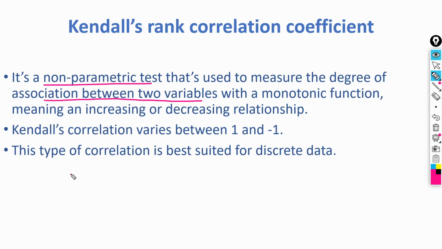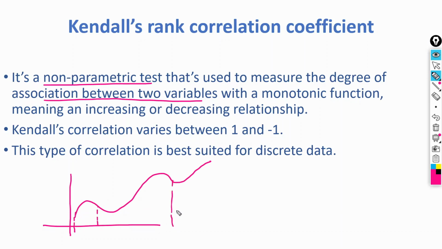What is a monotonic function? A monotonic function means our data is increasing or decreasing in an interval. If you see, it first increases, then decreases, then increases, then decreases. It means it is a function of increasing or decreasing, but those increases and decreases should be performed under an interval. That is called a monotonic function. So our variable should behave like this. It means it is non-linear in fashion, but non-linear with a monotonic function.